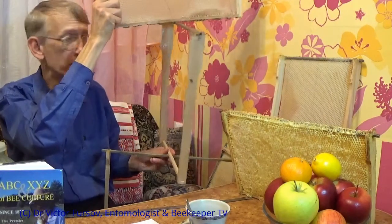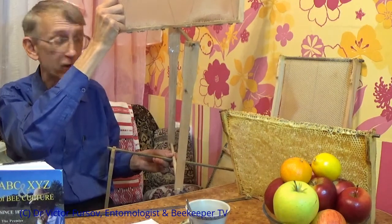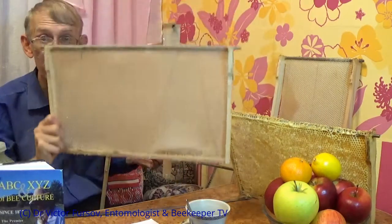frames. All on the top will be 12, on the top will be 8 frames, in the middle will be 12 frames, and again 8 in down box. All together will be, okay, 16 plus 12, 28 frames all together. Very much enough space for development of brood and also for collecting honey in upper box. In super,